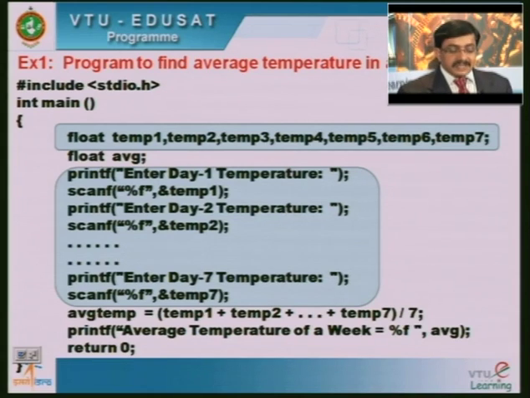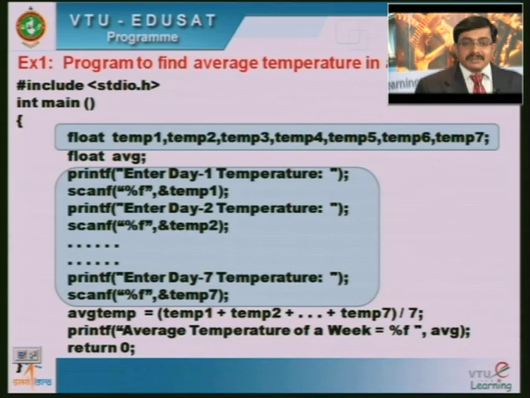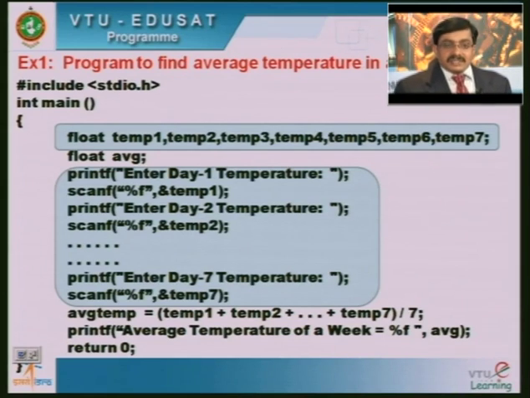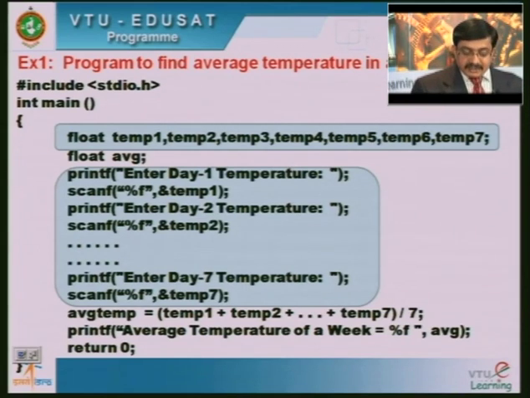We need to type there printf "Enter day 3 temperature", scanf %f &temp3, and then printf "Enter day 4 temperature", and then scanf %f &temp4, and so on up to printf "Enter day 7 temperature", and then we read the 7th day temperature. So after doing that,